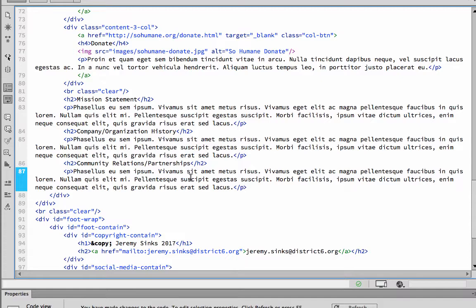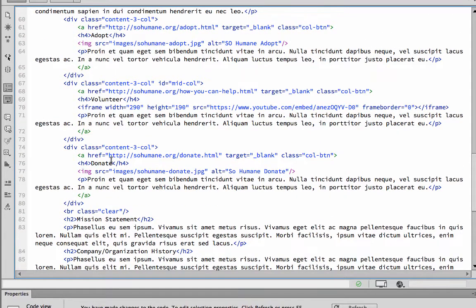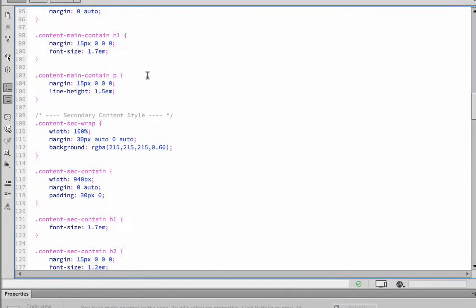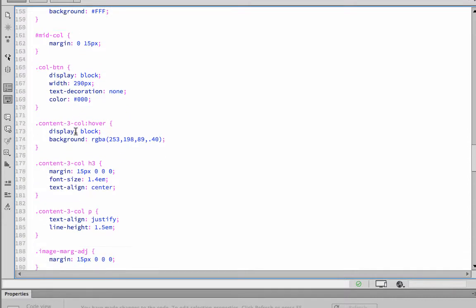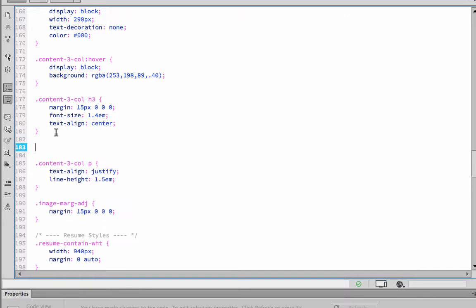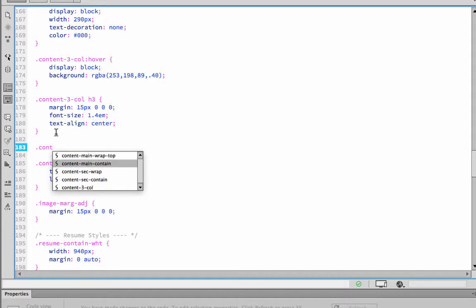Okay, before we move on though, I know we do need to do a little bit of styling to this H4 element under the content 3 col class. So I'm going to jump into my style sheet and scroll down, looking for that content 3 column, and right underneath the H3 there, place my cursor after the closing curly brace, hit the enter or return key, and period, content, and go ahead and select the content 3 col so you get it exactly right,